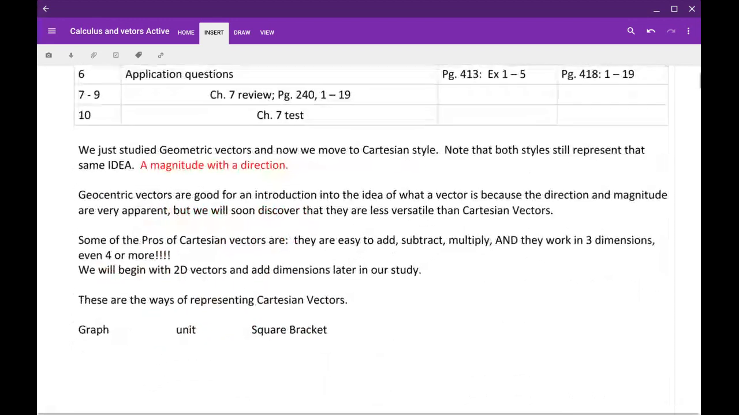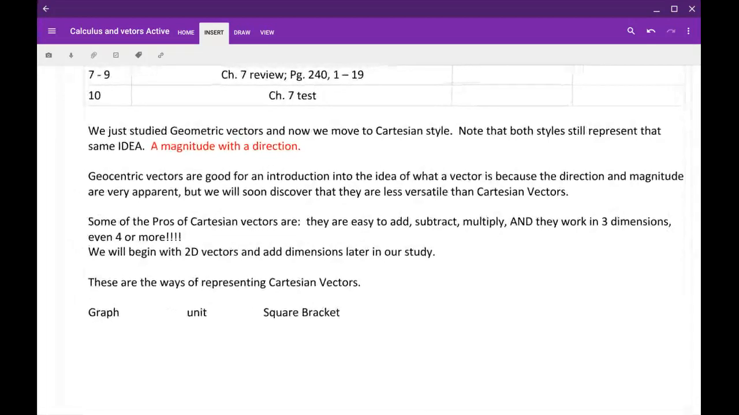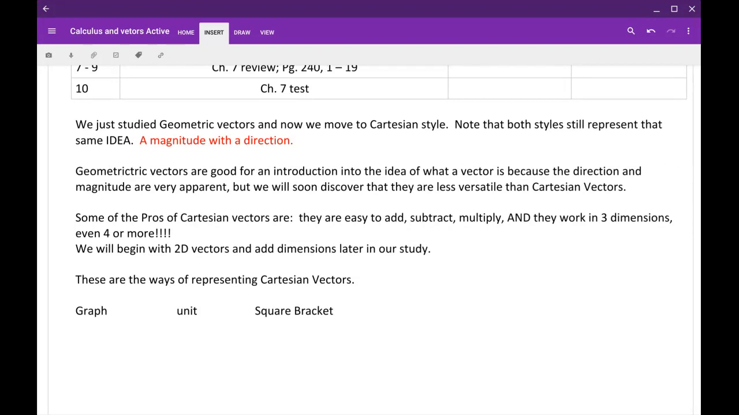All right, so in the last section, we studied geometric vectors. Now we move to the Cartesian style. Note that both styles still represent that same idea, a magnitude and a direction. Geometric vectors are good. No, this is supposed to be geometric. There we go. Geometric vectors